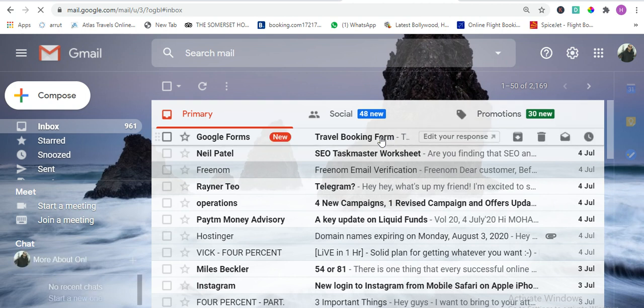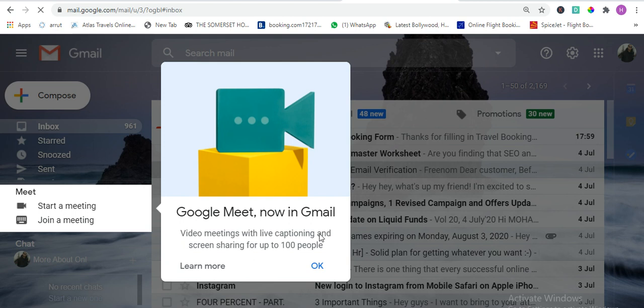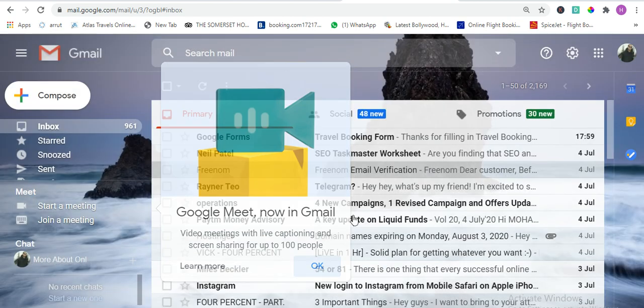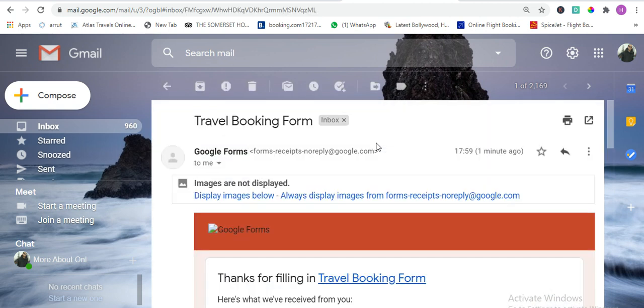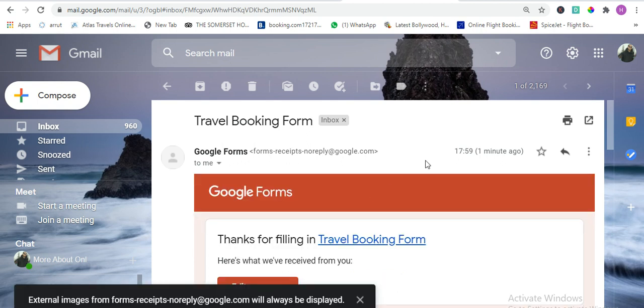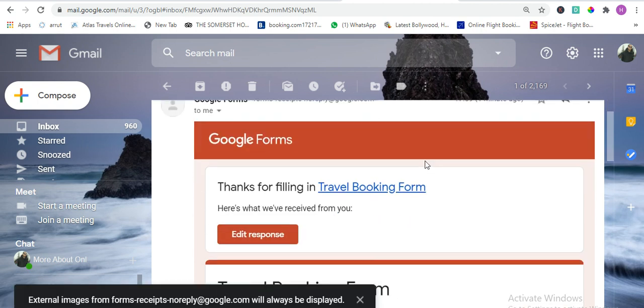Now this email is the email that your customer is going to receive from Google Forms, travel booking form. Always display the image. So this is how it's going to look.